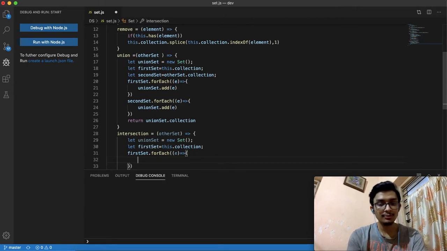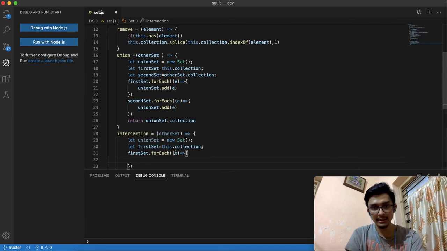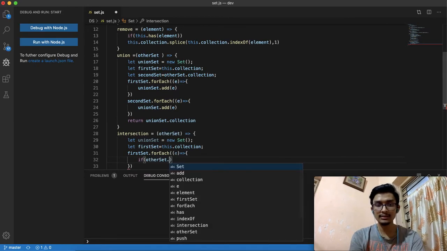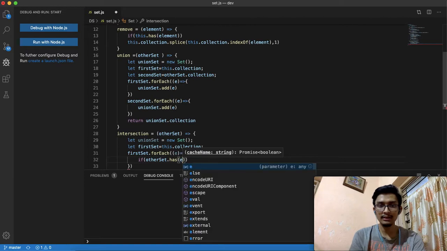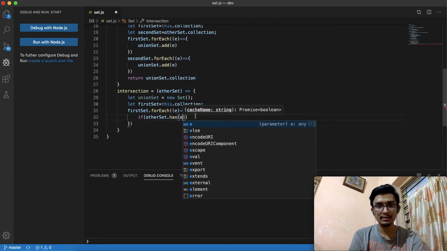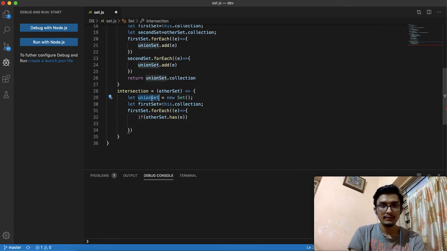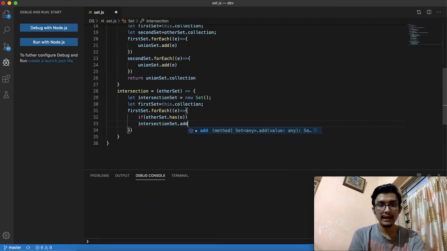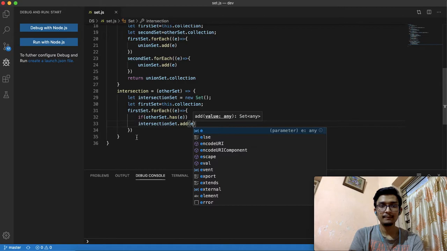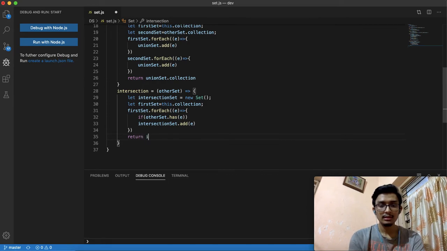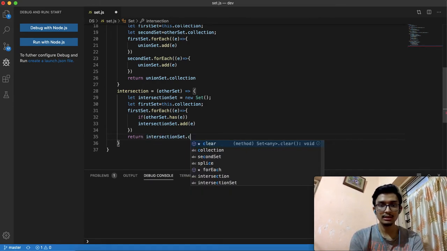Okay. So if my first set element e, if otherSet.has(e), if my other set has this element, then only I will add it to the intersection set. intersectionSet.add(e). Okay. Now I will return intersectionSet.collection.